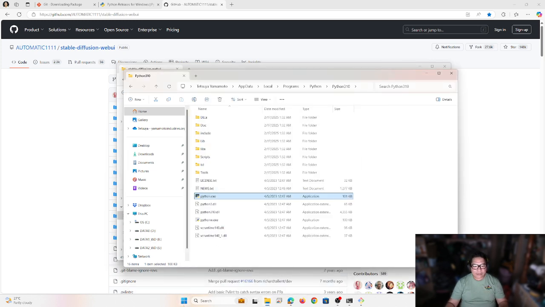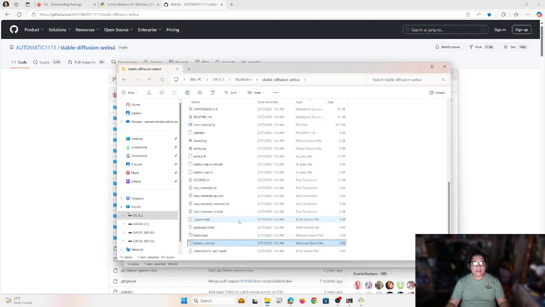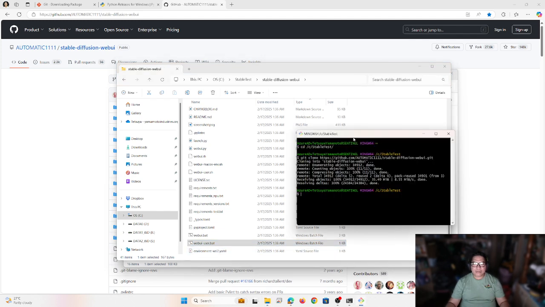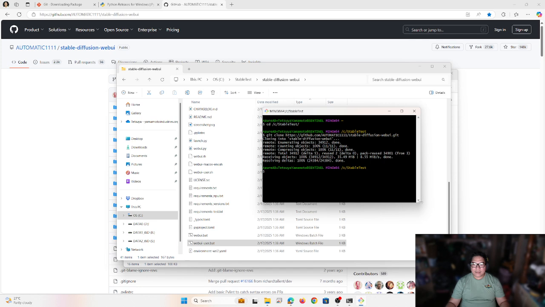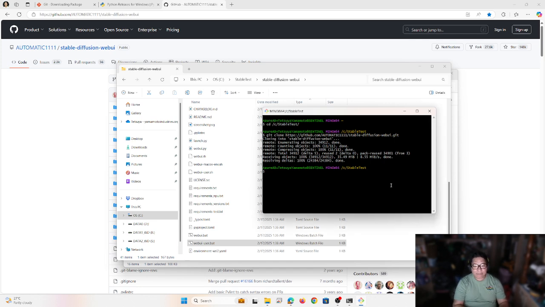Okay, so we close it, and then we actually run the command already. We run the webui-user.bat. I'm not going to execute that directly. Instead, I'm going to use my Git Bash. Okay, so to run it, just use the command webui-user.bat, like a PowerShell command execution. Oh, sorry. Okay, I need to go to the specific Stable Diffusion folder.